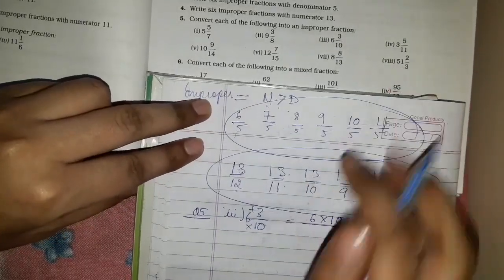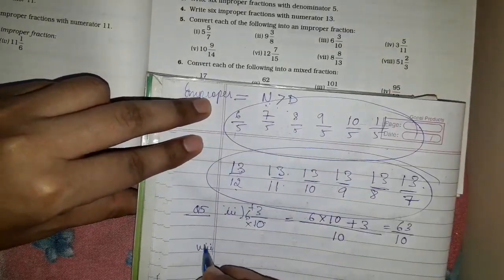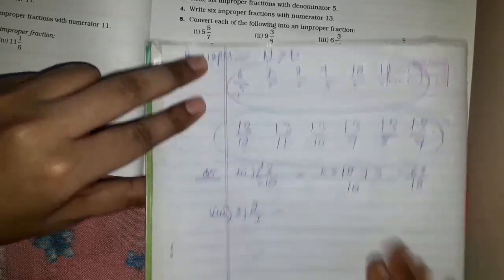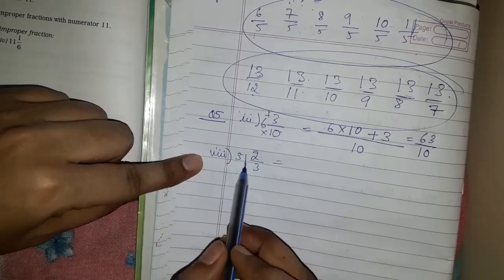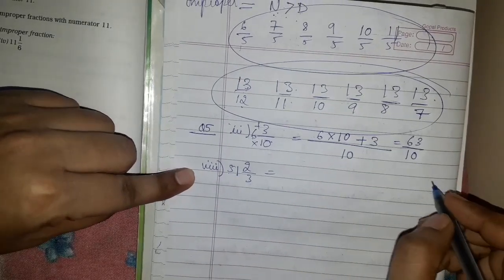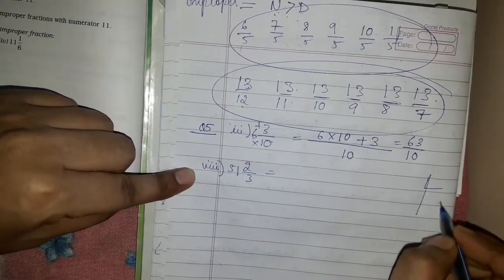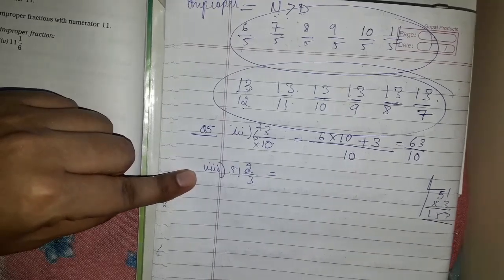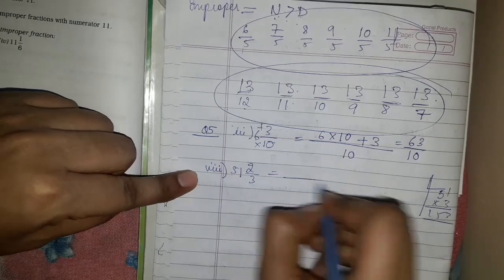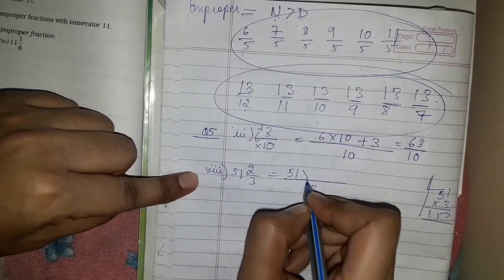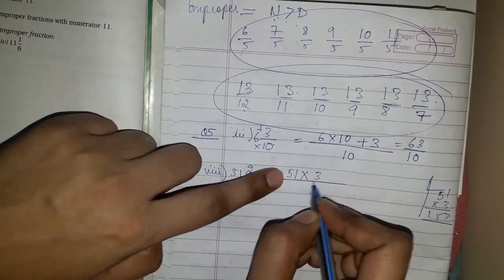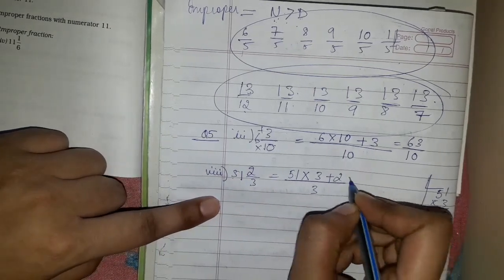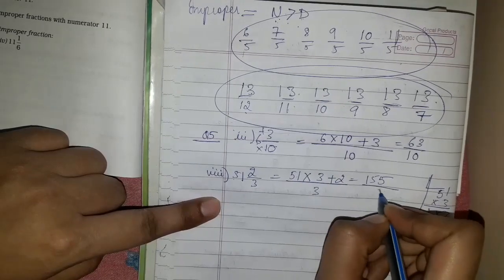Suppose you take the 8th part, this is 51 2 upon 3. If some numbers like this are coming and you do not know the table, what you can do is go to the rough column. Here you can make a rough column, 51 into 3. You can multiply in the rough column, and those who are good at multiplying can do it directly here. Okay, 3 1s are 3 and 3 5s are 15. So 153 plus 2. So 155 upon 3.